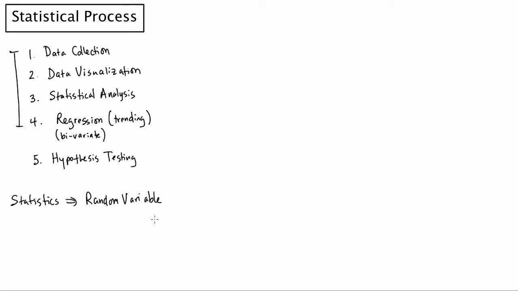So the experiment might be to take a person's temperature. The random variable will measure the temperature, but we don't know prior to administering the test whether or not that person's going to have a specific temperature. Now, because it's a variable, there are different types of variables and different types of statistics that we can run on those variables. And so I kind of want to give you a breakdown of all the things that are involved when we talk about variables, so if I start with a statistical variable,